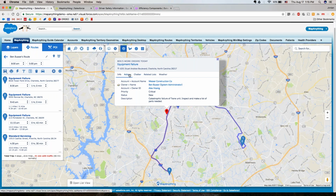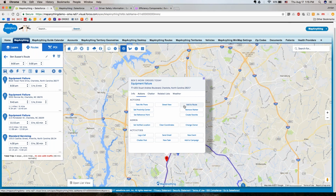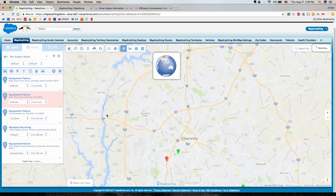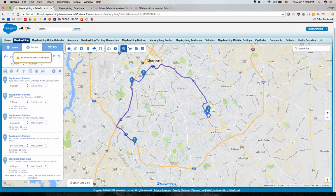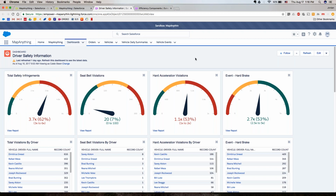I can actually go into my actions, utilize the add to route, re-optimize, save this, and now you can see I'm working in those new work orders to his existing work orders for the day. I can save this to his calendar where he can go in and pull up that information, live time on his app. Another great feature I do want to touch real quick as a management standpoint, with that